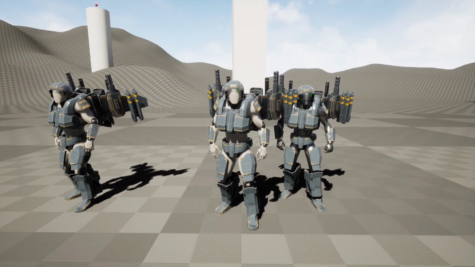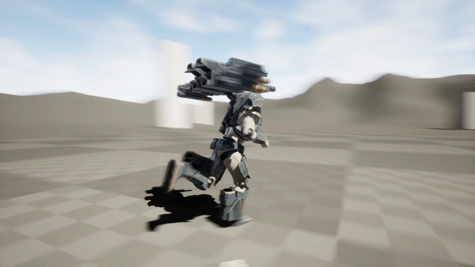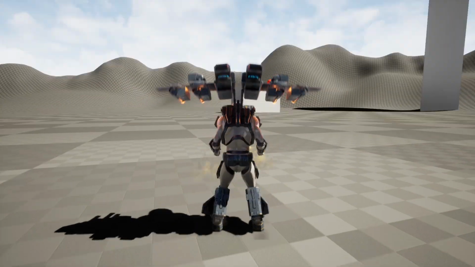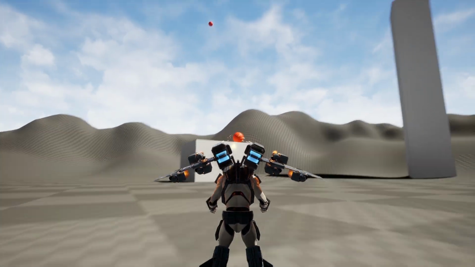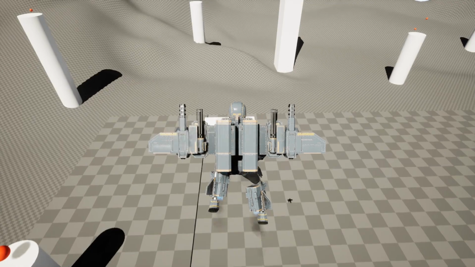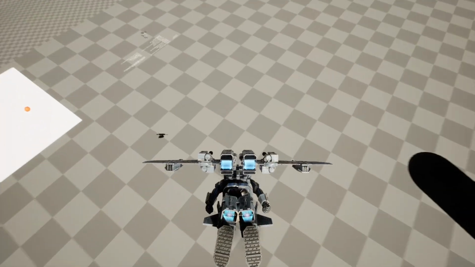You have four modes of movement: your default walking one, or whatever it is set up in your own project, then a power sliding one for quickly moving along the ground with weapons at the ready, a hovering one for getting around to hard to reach places with verticality, and a fast flight mode for quickly moving around and engaging